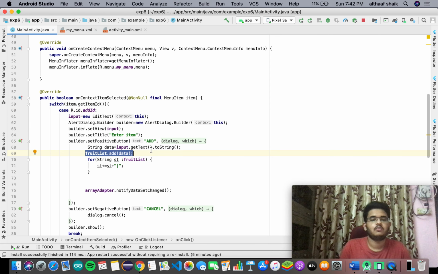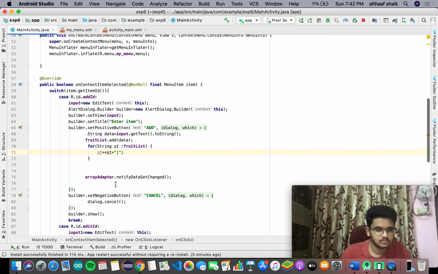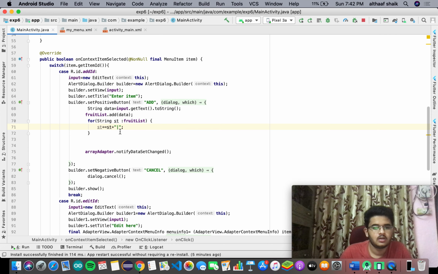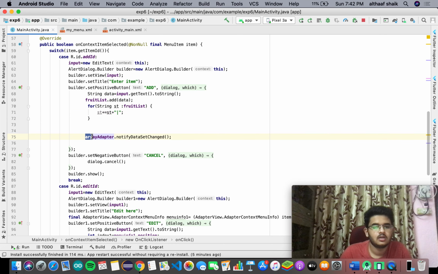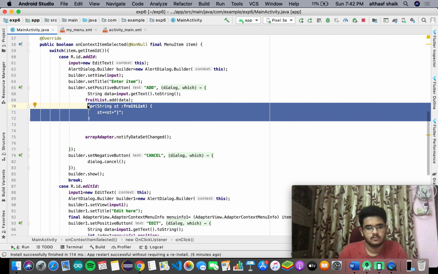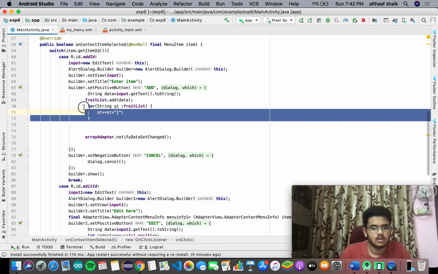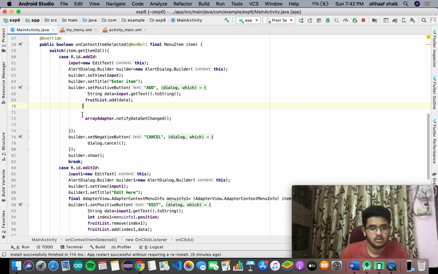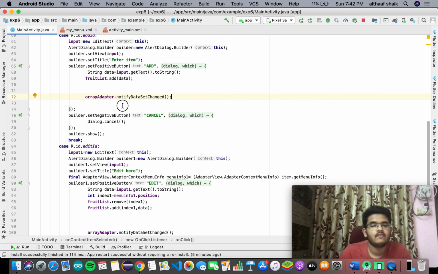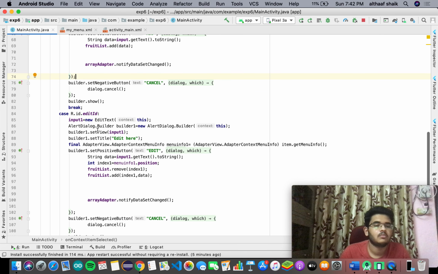So we are getting the input here, and then we are adding it to the array list. And then we are notifying the array list so that the view can be updated. So if you click add, then it will be added. If you click cancel, again it goes to normal.